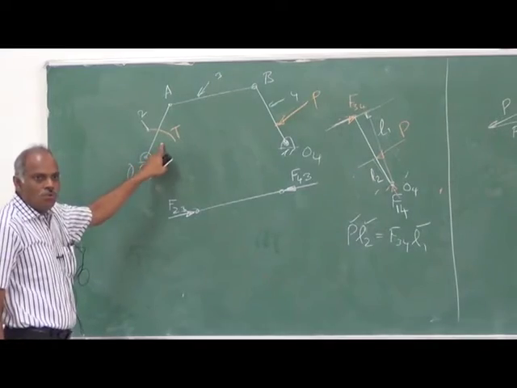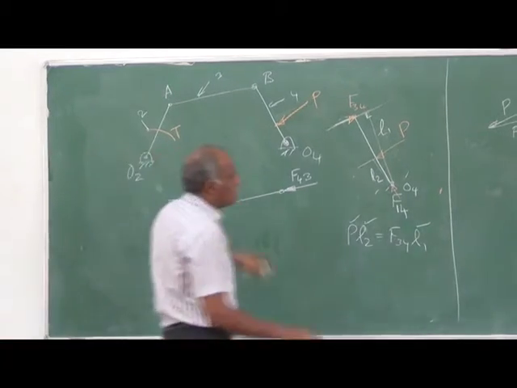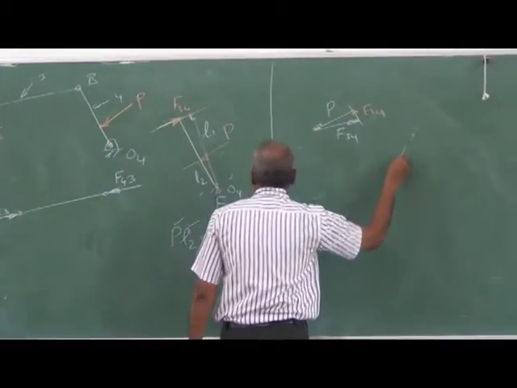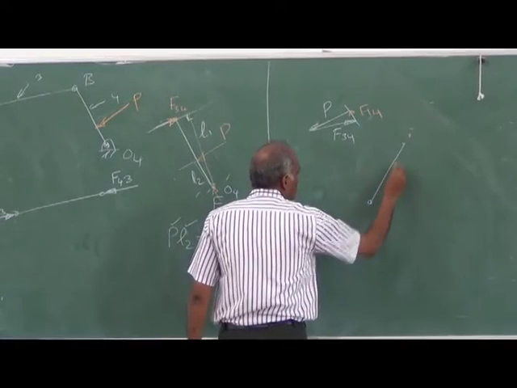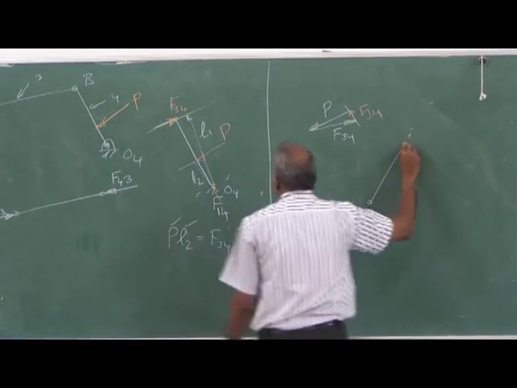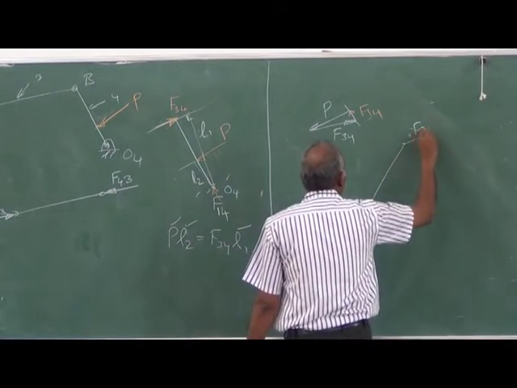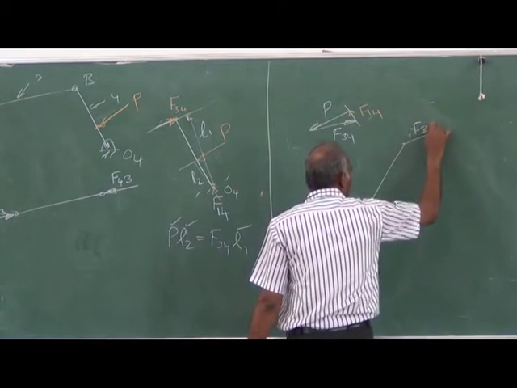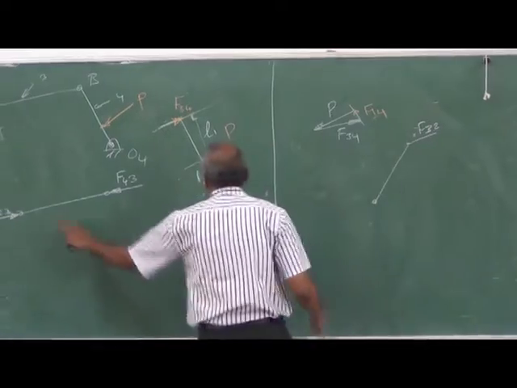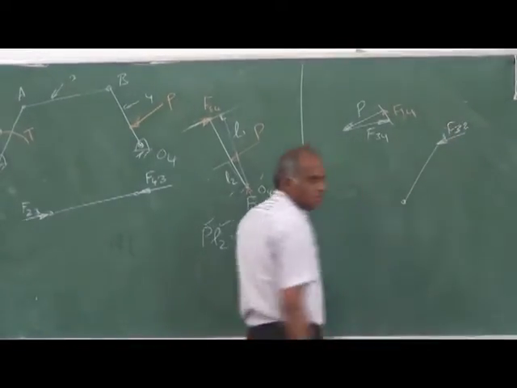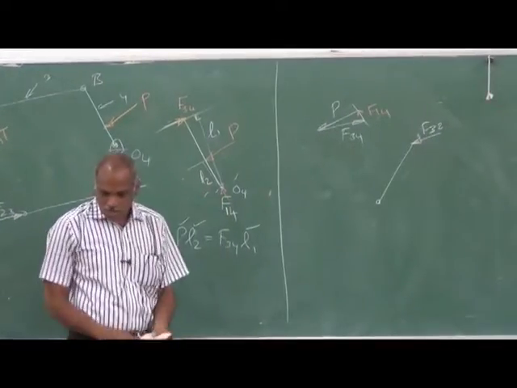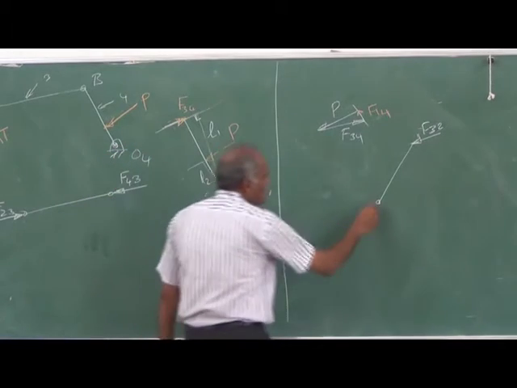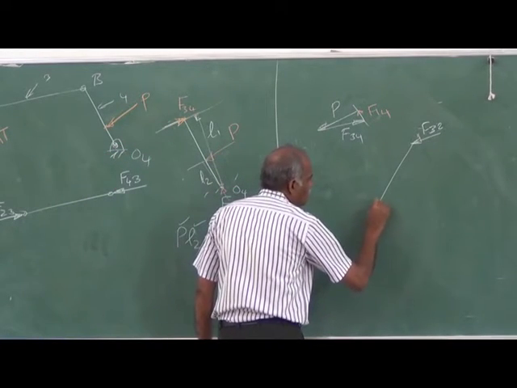Now we have to move on to the free body diagram of linkage 2. So that is like this. You have F23, sorry, it is F32, applied by 3 on 2. So the direction will be opposite to this. This is known. Now what will be the reaction here? That will be just opposite to this.